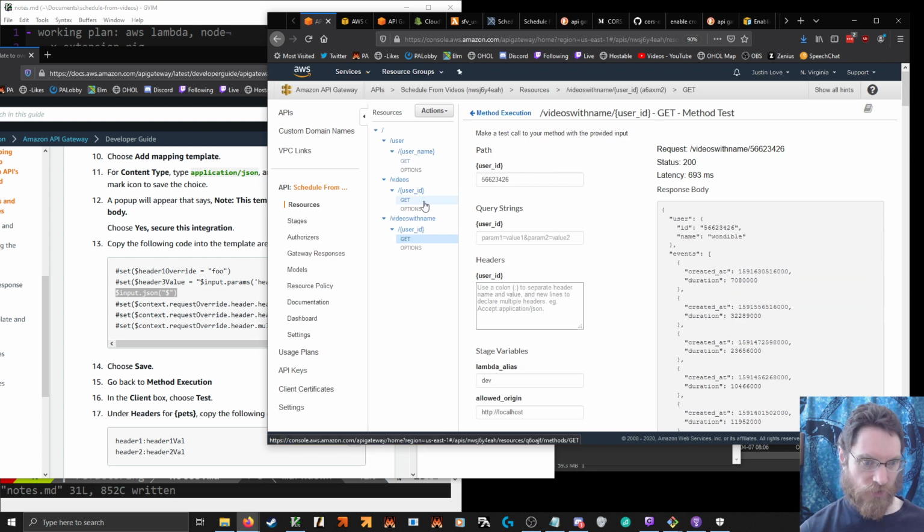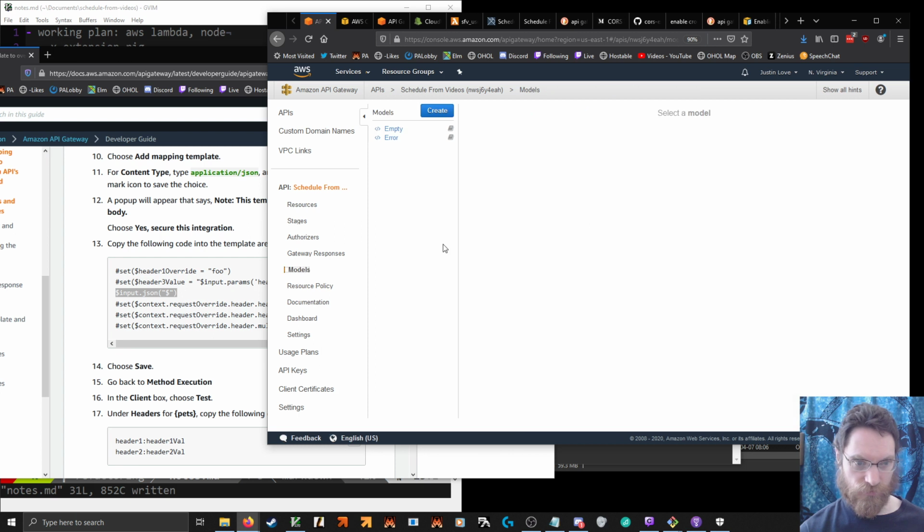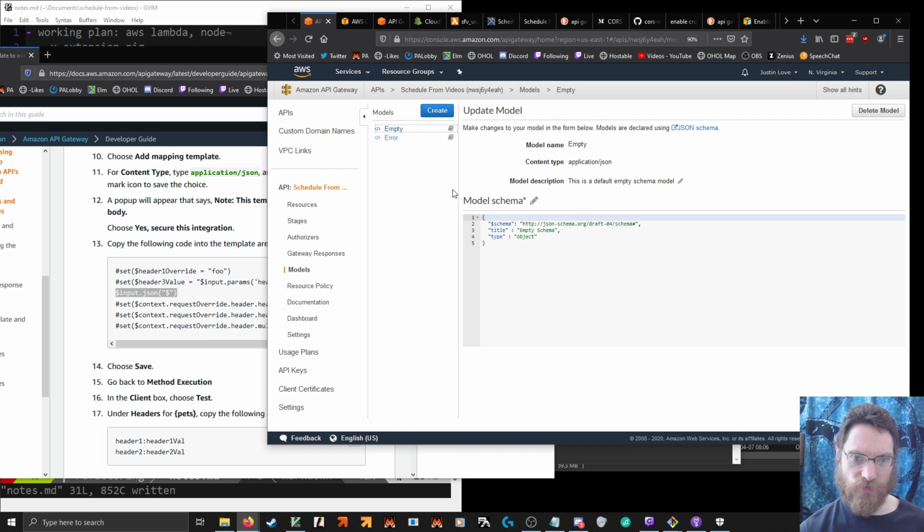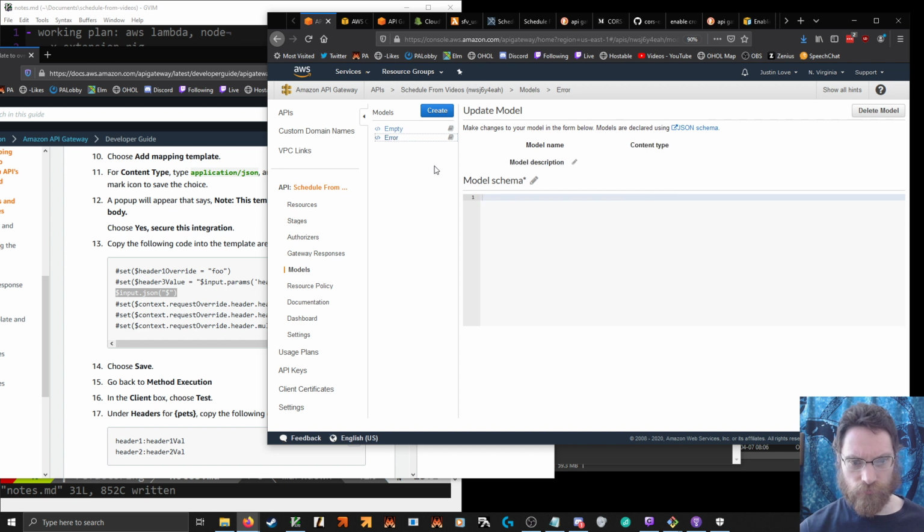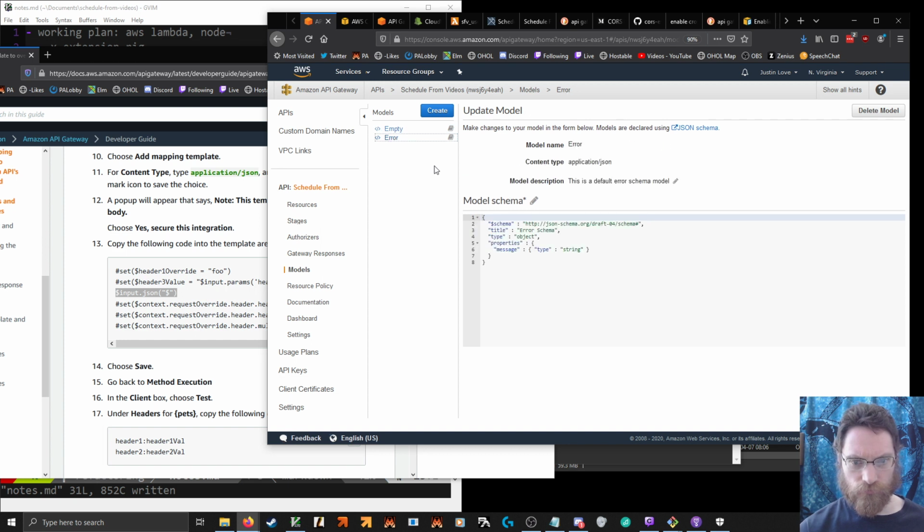And this will probably make it a valid template if we want to do... Well, okay, so we can't... There's empty. Oh, so there is an empty schema. Oh, maybe the model actually isn't exactly it.